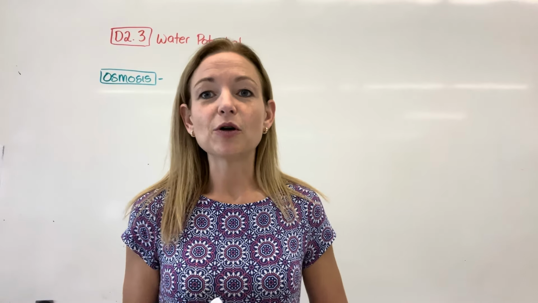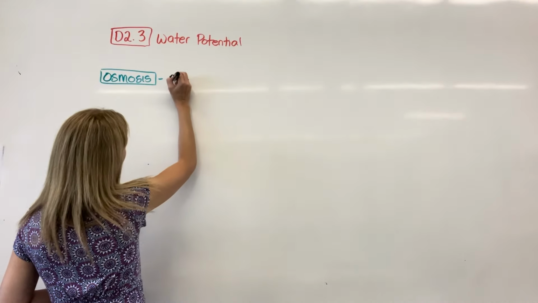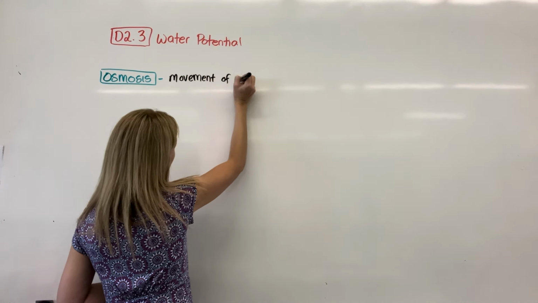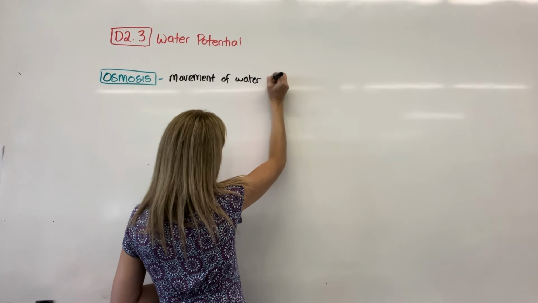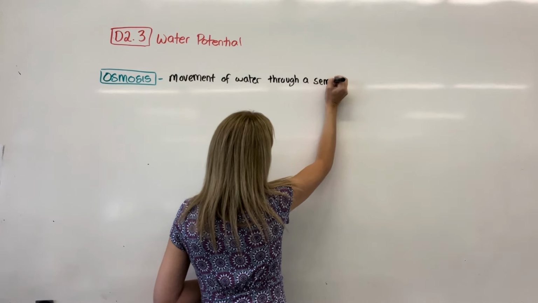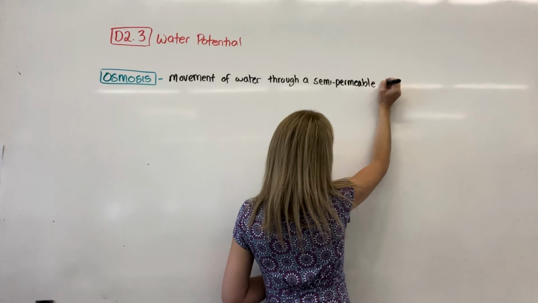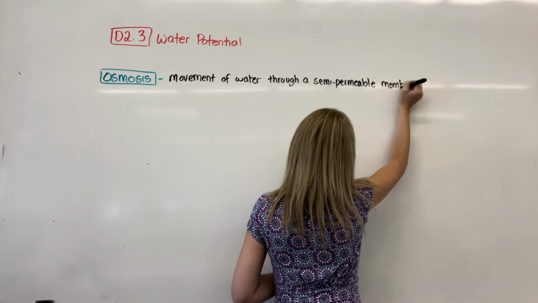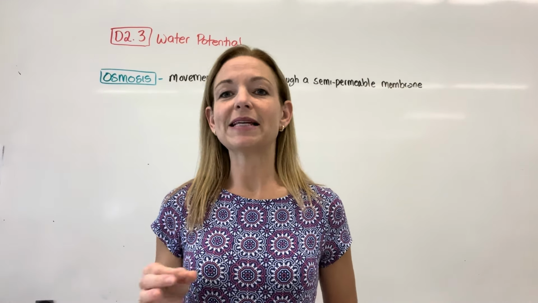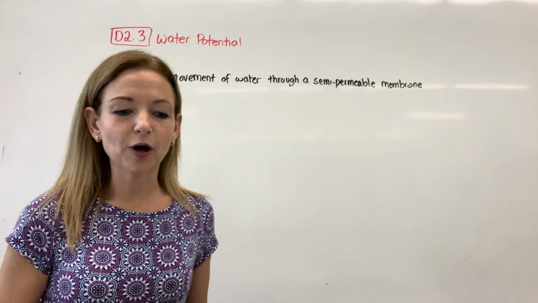When we say osmosis, it is a term specifically for water. So it is the movement of water through a semi-permeable membrane. And again, just to keep revising our other material, we know that in that semi-permeable membrane, there are aquaporins. The aquaporins are special protein channels that help this to happen more quickly. So it's the movement of water through a semi-permeable membrane.